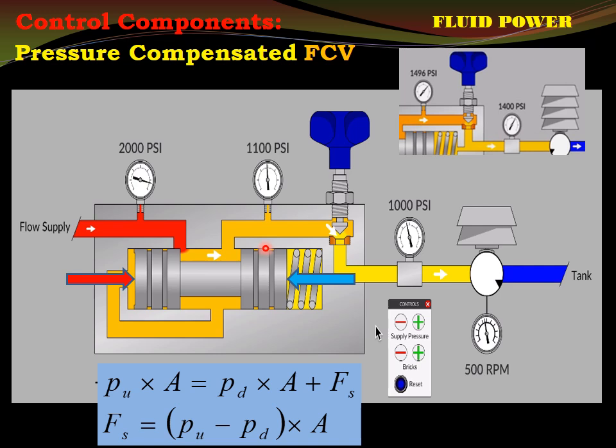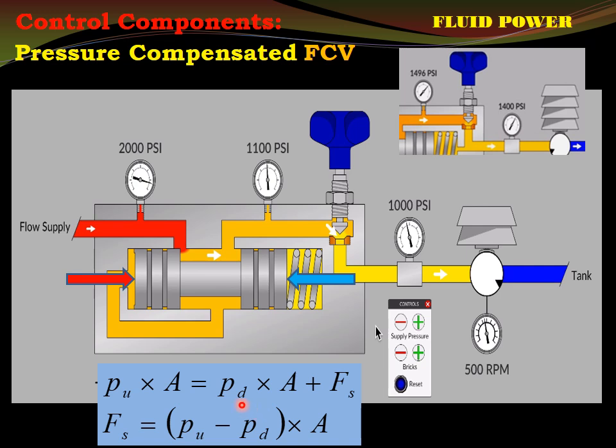Because we have just accepted that this compensator spool will move towards left. As it moves towards left, this opening will increase. As it increases, flow through it increases, and thus the pressure here will increase. That means the pressure here will increase. Right? So the compensator spool is moving towards left